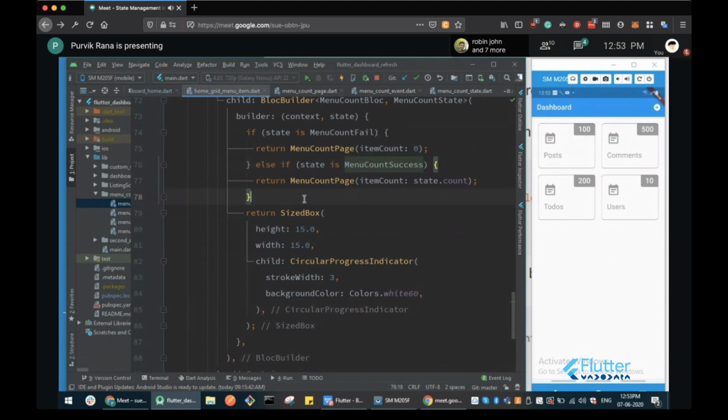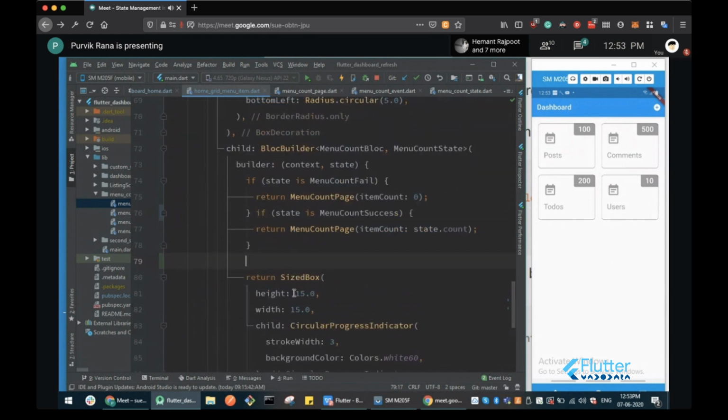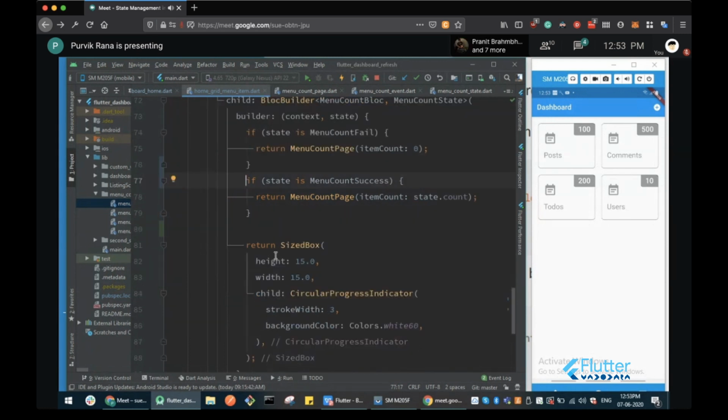So you can also implement the same thing if I directly put the return statement over here, because it is the default return. So whatever the state, if it is in the initial state, or in the loading state, which we have not defined in the if else over here, if anything is not defined over here, it will return this particular circular progress indicator.